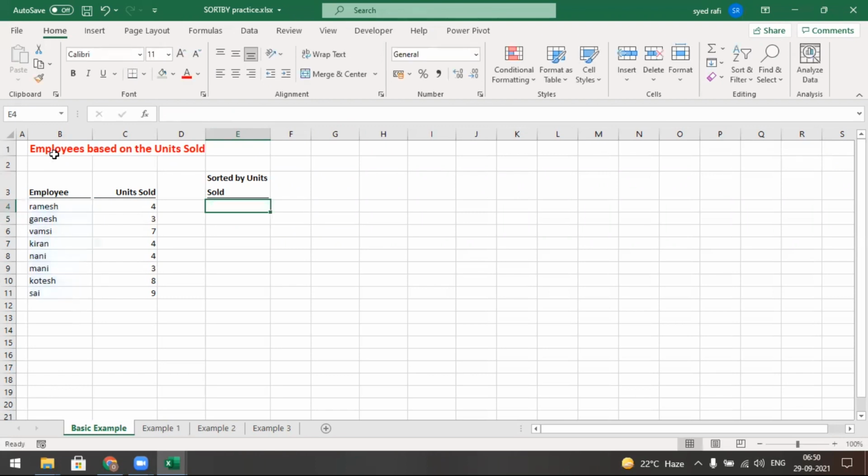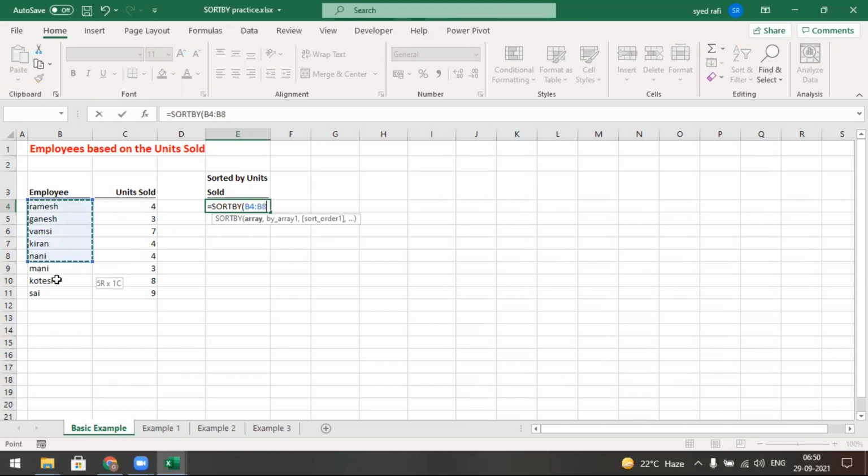Now here it is asking to sort employees based on units sold, sort by units sold. So I want to start with this one. Equal to sort by, I select this one, put a comma and this one, by array 1.